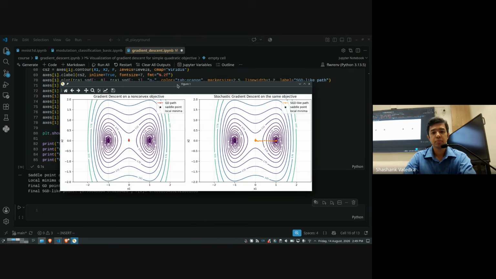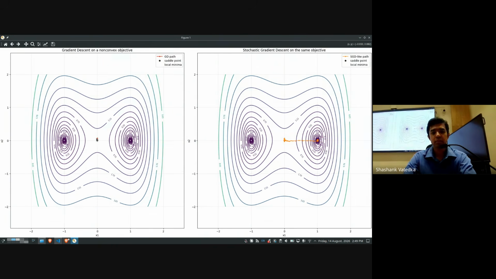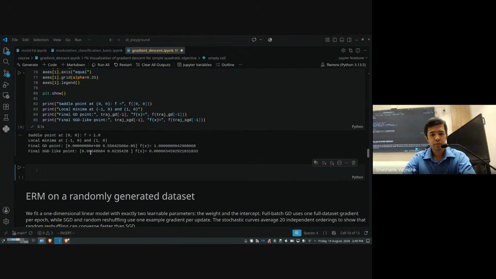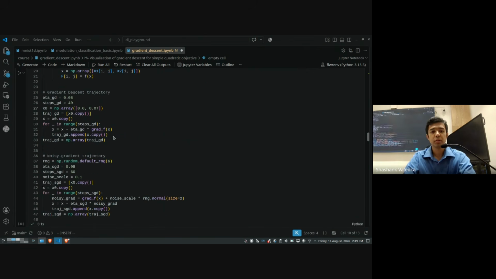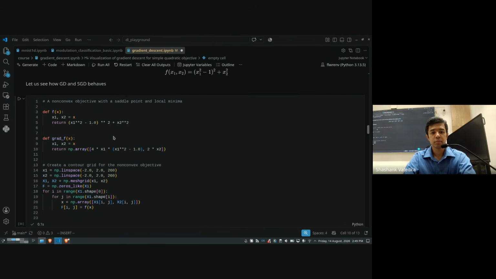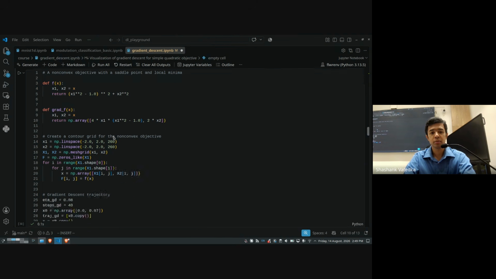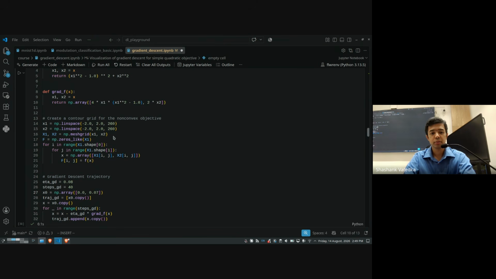Right, so now you can see it's jumping very close to the saddle point itself. It's not able to escape the saddle point, but that's also because I initialized it in the wrong direction, so to speak. So let's say I do the same